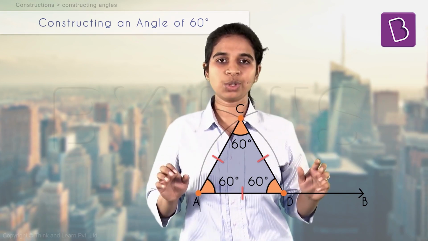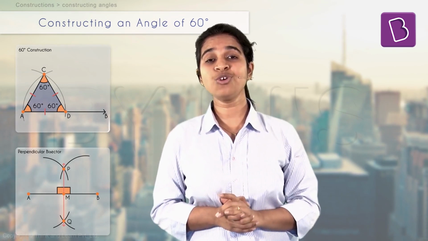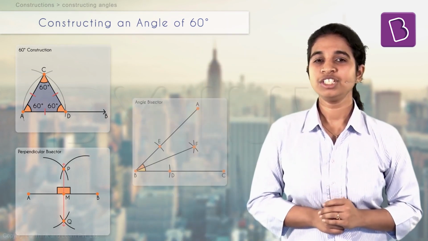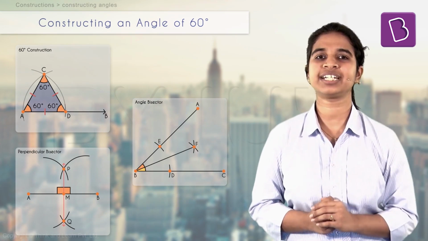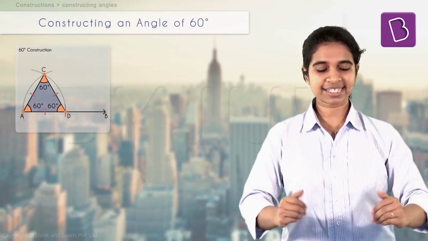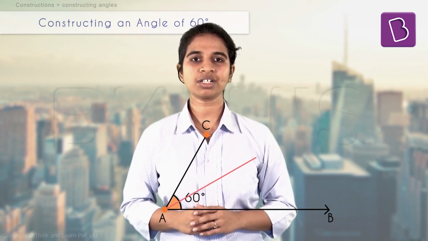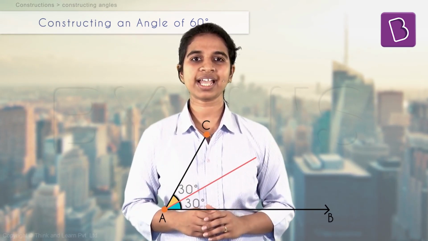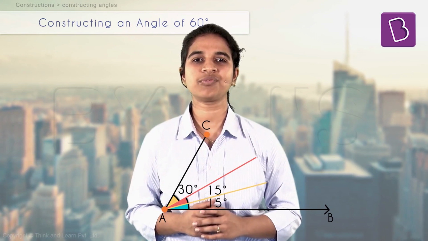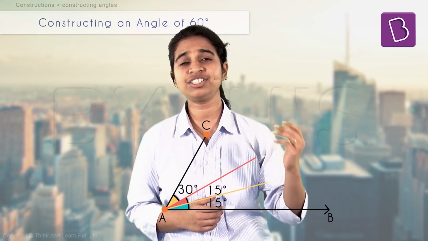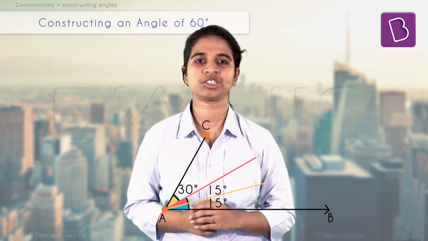Now, with these two together, you know how to draw a 90 degree angle, you know how to draw a 60 degree angle, and you know how to bisect an angle. So there's actually a whole bunch of angles that you can now start drawing, right? Let's say with 60 itself. For this, if you construct an angle bisector, what will you get? You will get a 30 degree angle. You construct another angle bisector, you will get a 15 degree angle. So just by combinations of these and bisecting these, you can actually get a whole host of new angles possible.